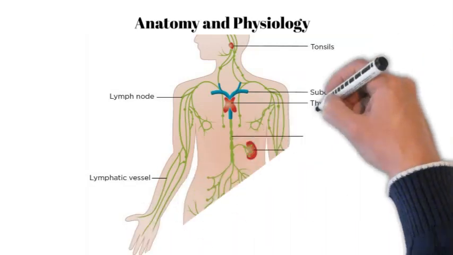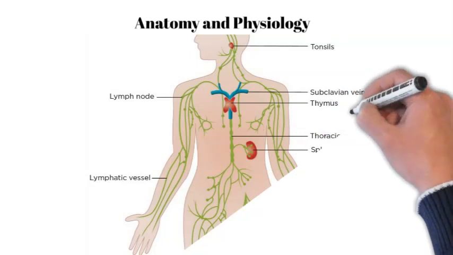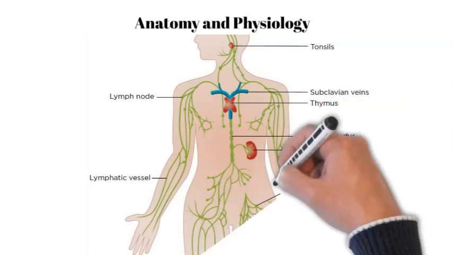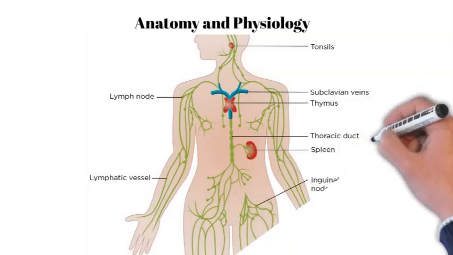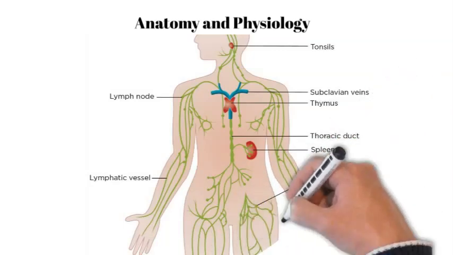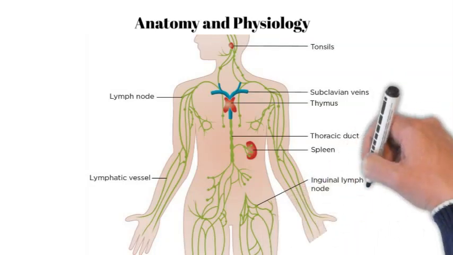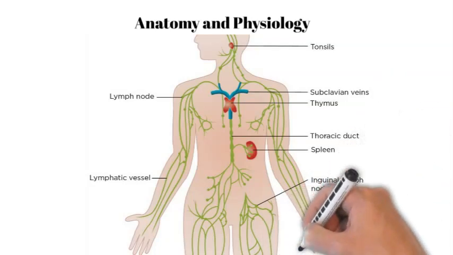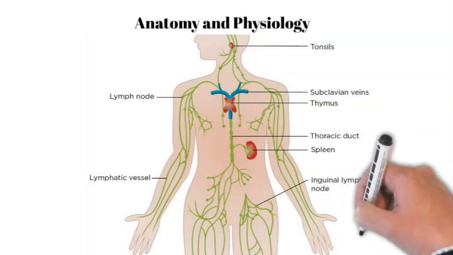As the lymphatic fluid flows through the lymphatic vessels, it passes through small lymph nodes that filter out waste products, pathogens, and other substances. Once the lymphatic fluid has been filtered, it is returned to the bloodstream via the subclavian veins, which are located near the collarbone on each side of the body. From there, the lymphatic fluid is transported back to the heart and lungs, where it is reoxygenated and circulated back